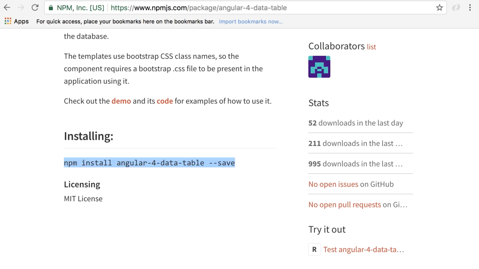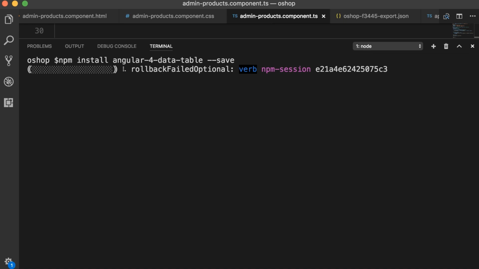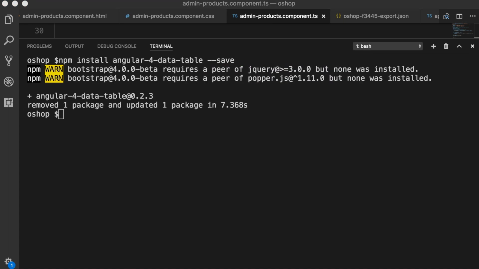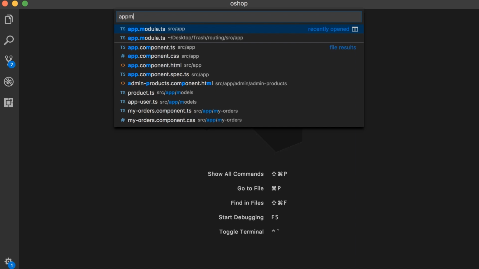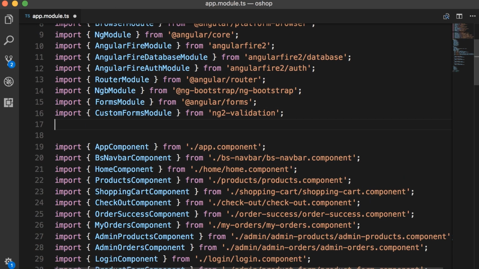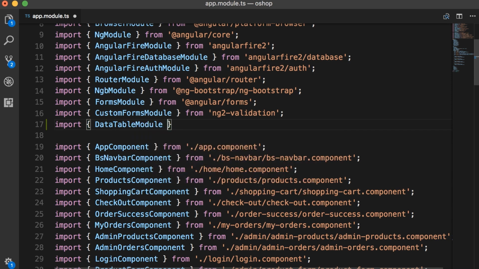So here, first we need to install this package using npm. So I'm going to copy this, go back in the terminal, paste, and enter. All right, we have installed the Angular 4 Data Table package. Now let's go to app module, app.module. Here I'm going to import DataTableModule from